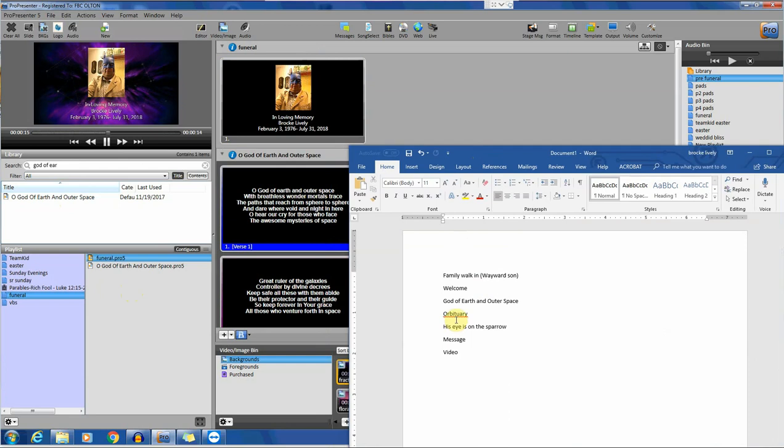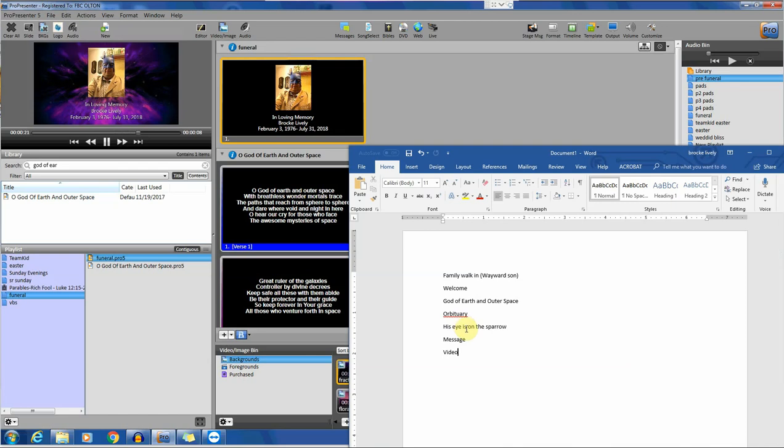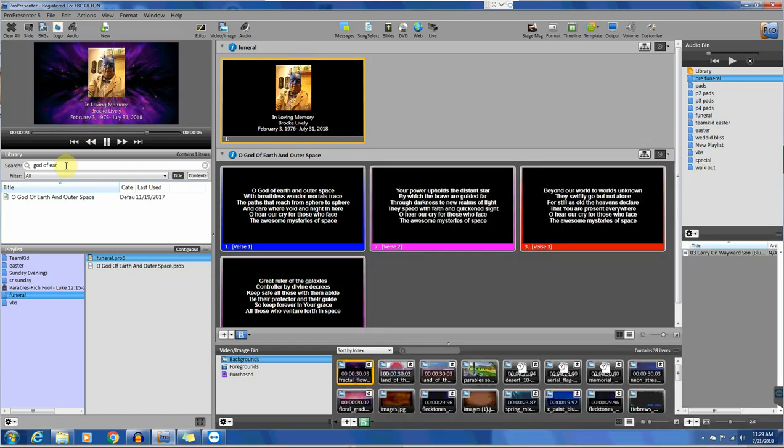Then we'll go do the obituary, so we can go back to this slide, and then we will go back to His Eyes on the Sparrow. Now here's where it's going to get tricky. His eye is on the... We're not showing that we have His Eyes on the Sparrow in our library. So what do we do? We can click on Song Select,